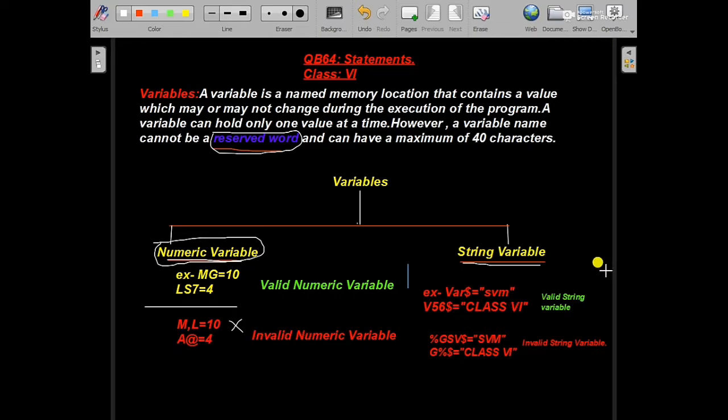Now string variable. A string variable is used for storing string values, a character set within double quotes. The string variable can be named using letters and numeric digits, followed by a dollar sign.